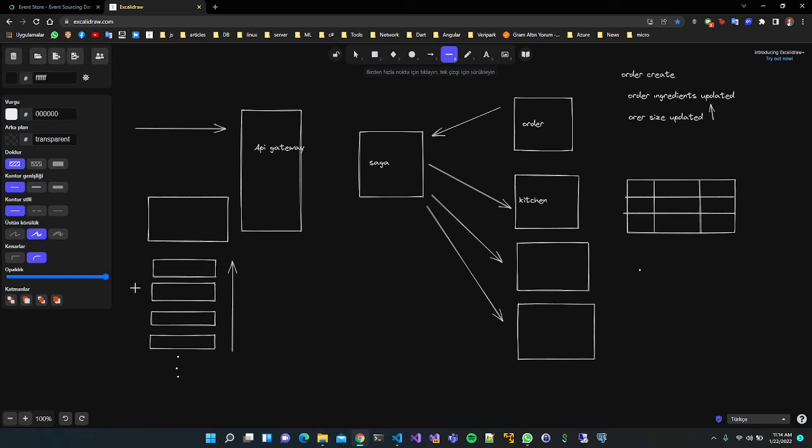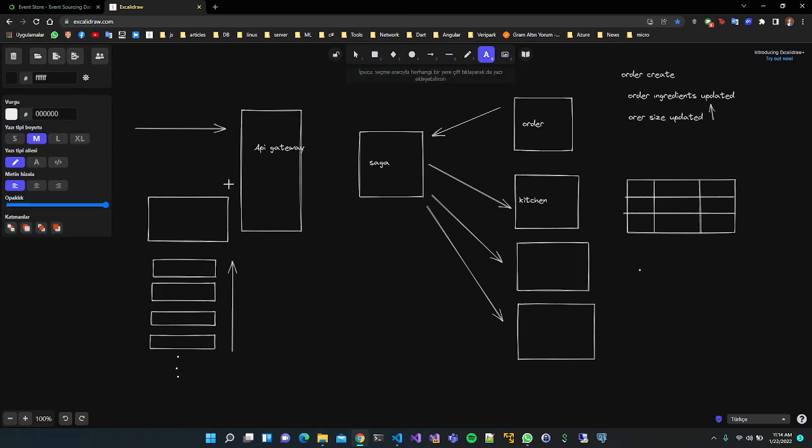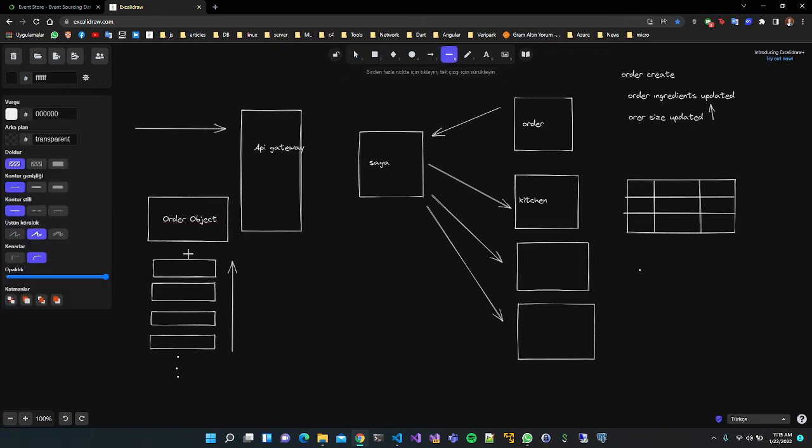When we apply all of these events to the object, say this is the order object in C#, this gives us a performance problem, because there might be too many events that need to be applied to the object, and applying all of these events causes a performance problem.